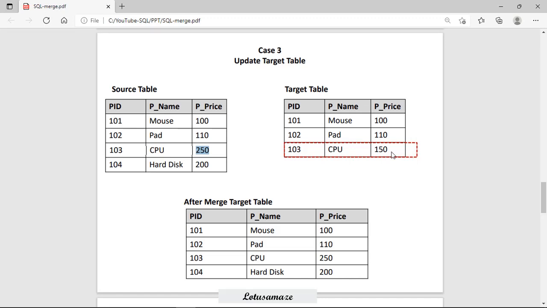So using the merge statement, we can create a condition and write the statement for updating the non-key columns. Non-key columns means the product name and the product price. These are the non-key columns and this is our key, PID. You can observe in the third table, after the merge statement updating, 103 CPU is now 250.